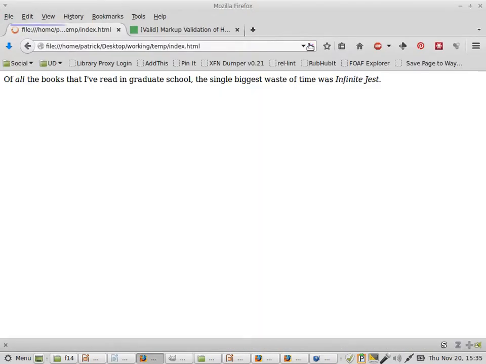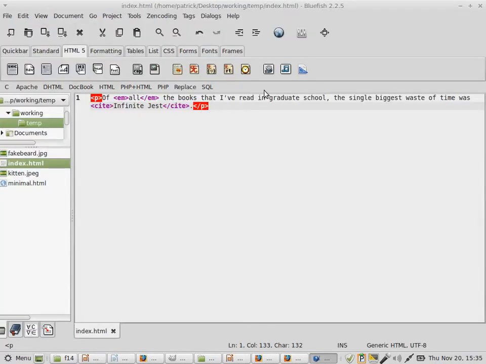Does that change the display of the document? No. However, it does give the browser and any other machine that's parsing this document some information. If I then have a second tag, or a second paragraph,